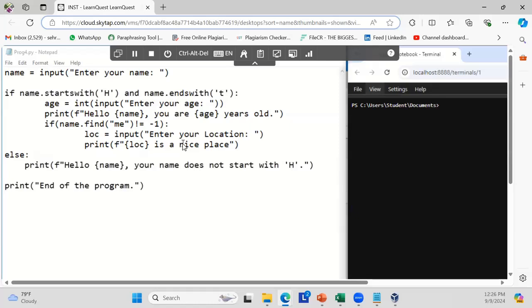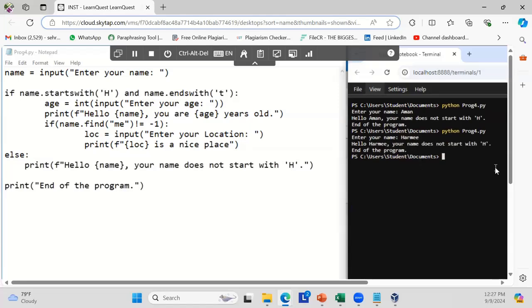So when I'm trying to run this piece, just see. Enter your name. Let me say Aman. It says Aman, your name doesn't start with H. Let me try one more way. Let's say simple, without T. Again, the same piece. And this time again the small h will not work because I haven't used or. We can club both the pieces, but as of now I wanted to have starts with and ends with. So let's say Hermeet,